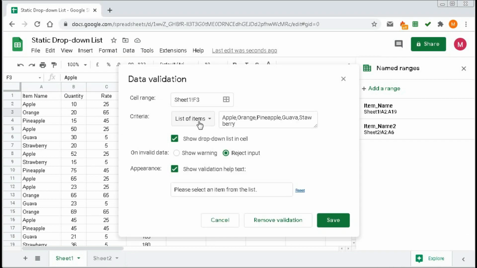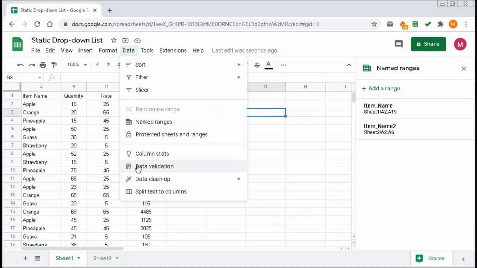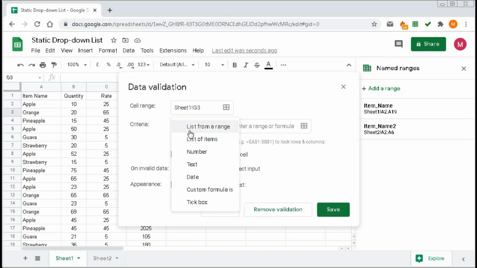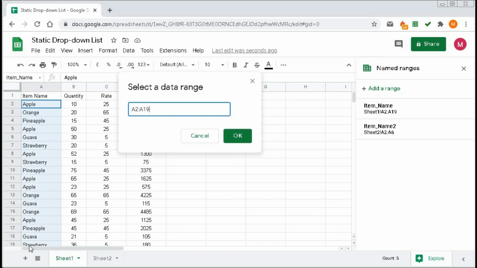And the other way is, click on another cell, go to data validation, you select here list from a range, and you can select this range like this way.